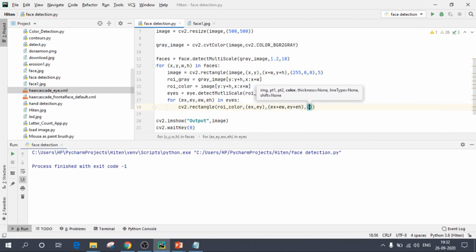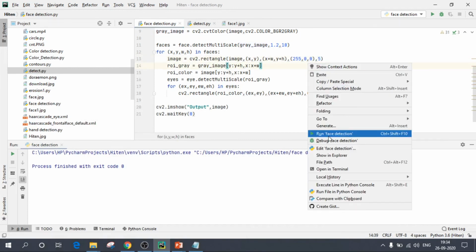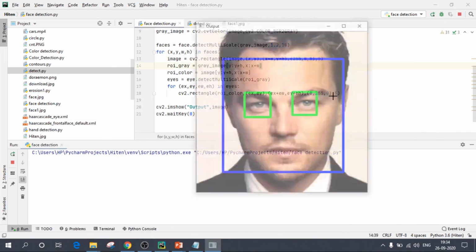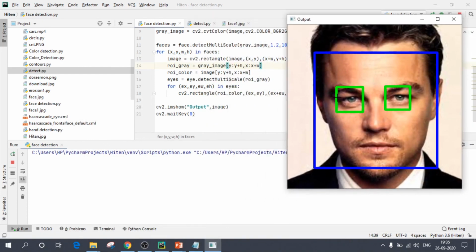Now the color I am giving is green, so 0, 255, 0, and thickness I am giving as 5. Now if I execute this code, it must give us the correct output. Perfect. As you can see, we have detected two eyes inside this rectangle which has detected the face.